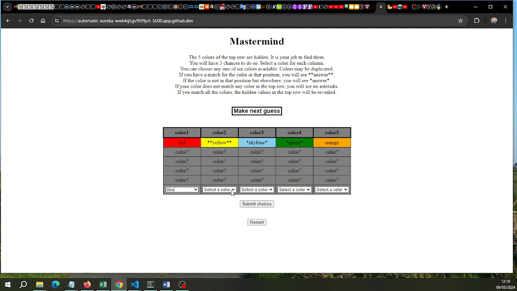Blue. I want to keep yellow here because that was correct. I'll try green here. I'll try violet. I haven't tried that yet. And I'll try green again. Okay, now you see I've got 3 of them in the correct position: sky blue, yellow, and green. So I'm going to want to keep those in